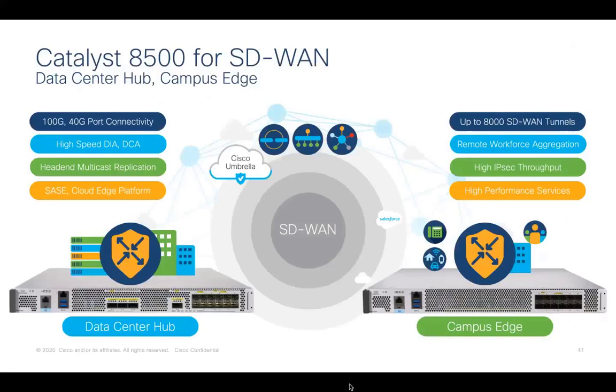First thing, because now you know the key building block for this platform, the highly powerful QFP, the Quantum Flow Processor, that enables the platform to deliver the highest SD-WAN performance we have. 33 Gbps of SD-WAN IMIX is possible through one 8500 platform. You have